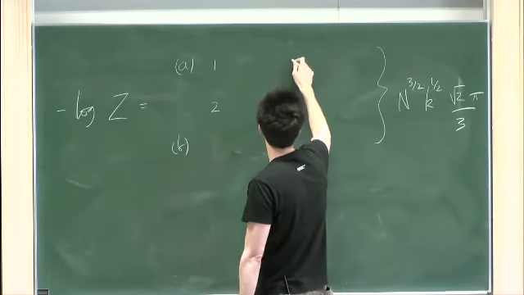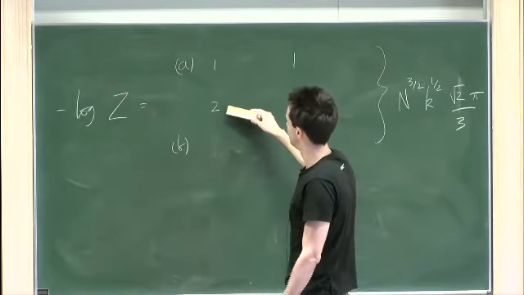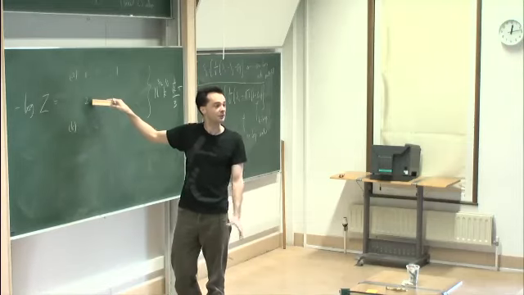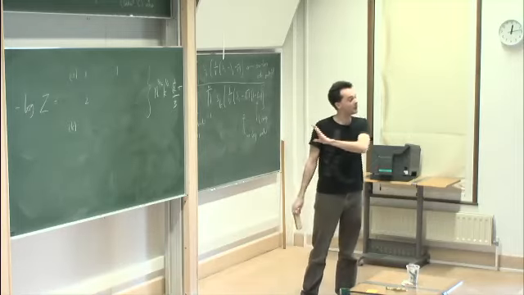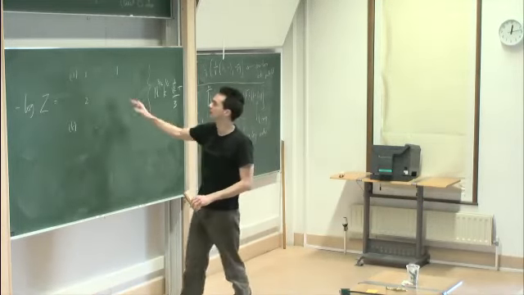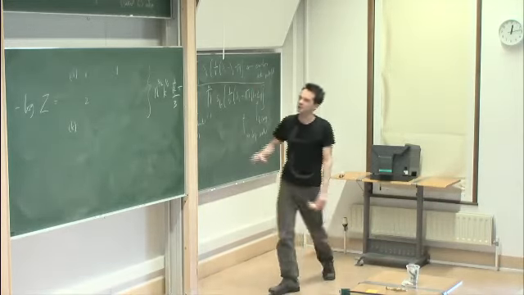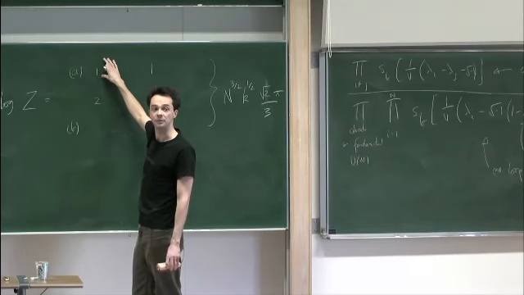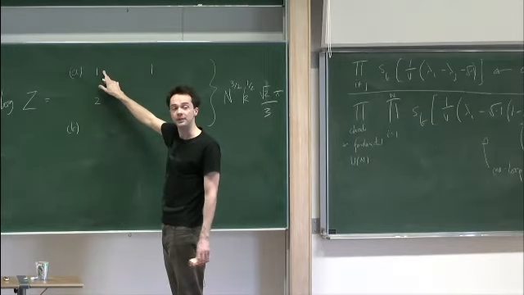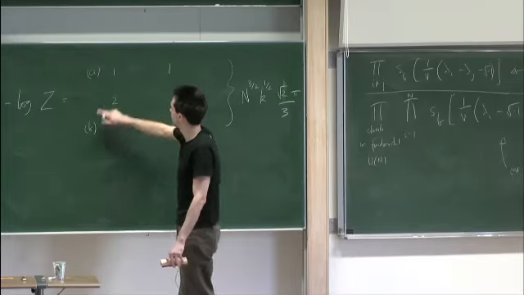And here I have 1. So the answer in this case does not depend on the squashing. This was why Imamura and Yokoyama came along in September and tried to consider another example. In fact, for the first choice of gauge field, the partition function doesn't depend on the squashing at all. So in that sense, it's not interesting. You can explain that in terms of representation theory. The Killing spinor lives in different representations of the symmetry group in the 2 examples. There's an SU(2) isometry of the metric. In the first example, the Killing spinor is a singlet under SU(2), and in the second example, it's a doublet.